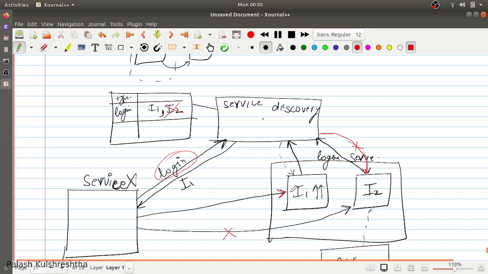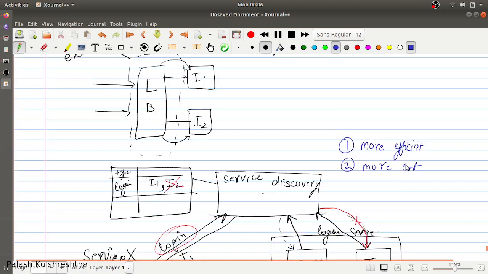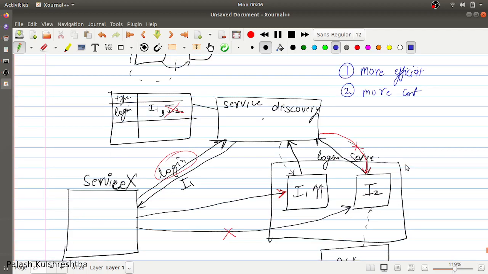This is how service discovery works, and the advantages of this system are, first of all, that it is more efficient, as we have removed an extra hop or piece of hardware or software through which our traffic should flow. Another is that it is more cost efficient, because we don't have to pay an extra cost for a load balancer for each service. Though there is an extra cost for the service discovery system and its components, that can be distributed across all the services that are using it, which can reduce the overall cost of your architecture.